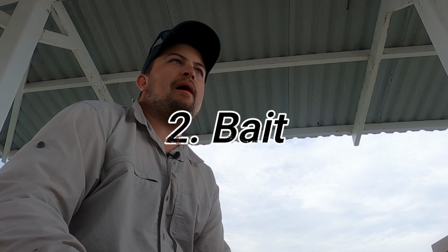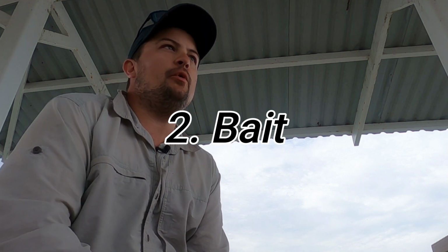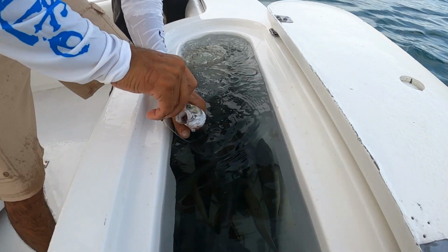So the next thing to talk about is baitups. So unless you're using lures, it's very common, a lot of destinations, this place, Crocodile Bay, Costa Rica included, that you're going to use live baits. Now, when you're hooking a live bait, there's a couple of things to consider. You want it to stay as lively as possible for as long as possible, and you don't want it to come off the hook. So the way you tend to hook them is through the nostrils that you'll see on